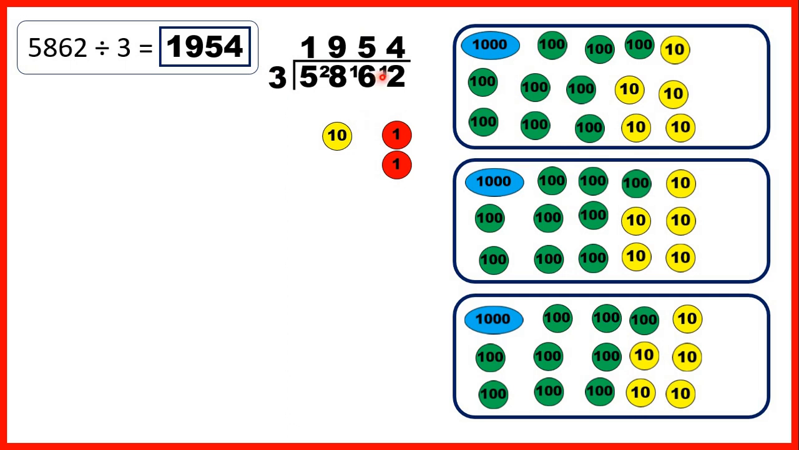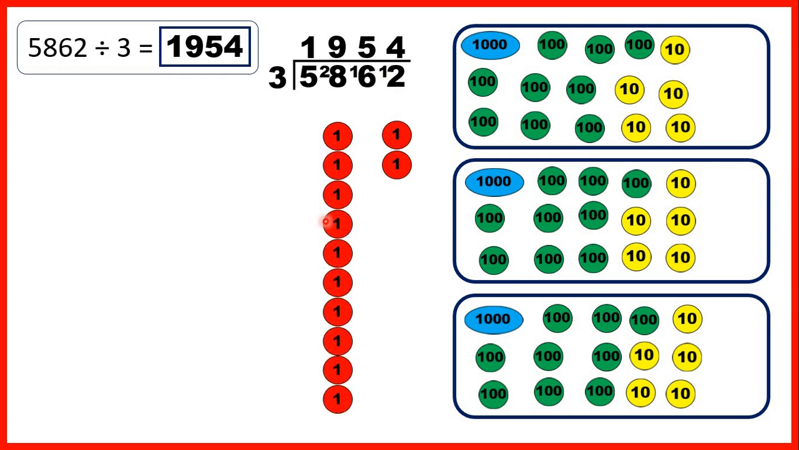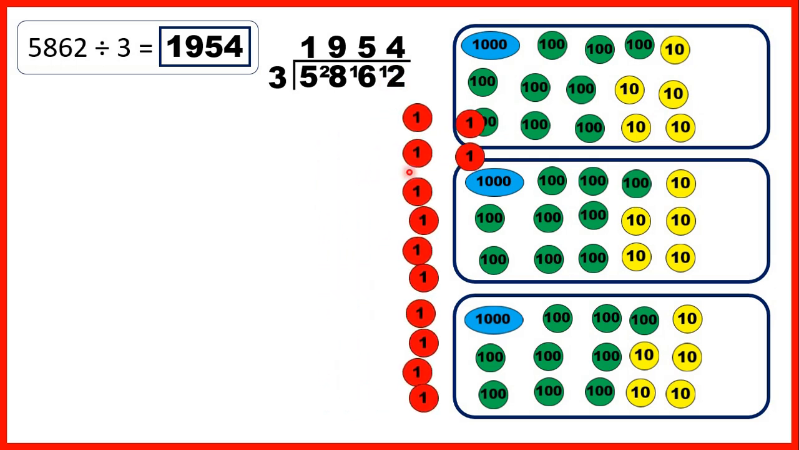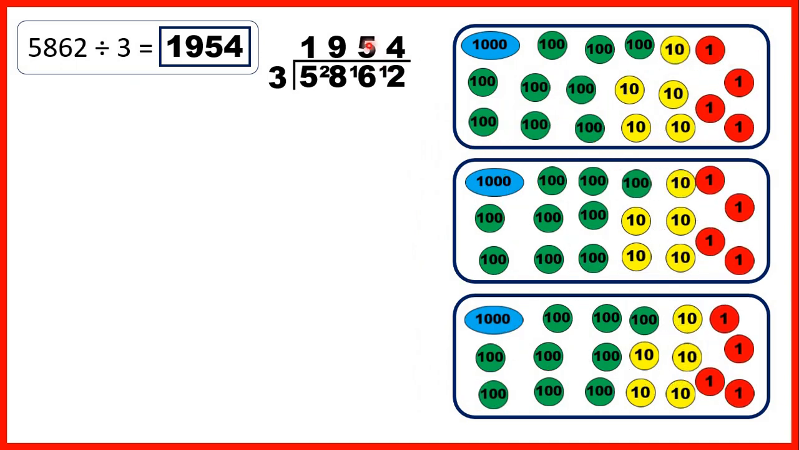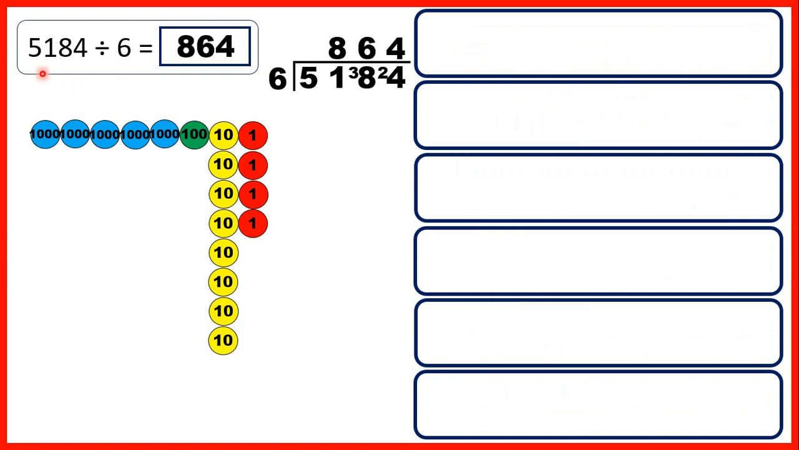We write the remainder 1 in front of the next digit because we can exchange this 10 for 10 ones. So now we have 12 ones, and we can share out all of those ones to get 4 ones in each group. So that's why our answer is 1,954. Then we had